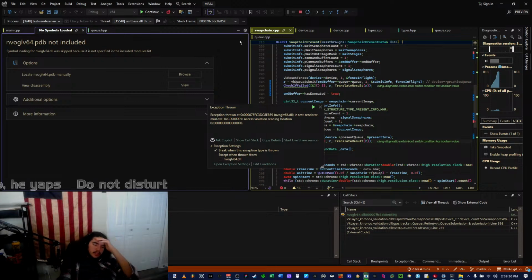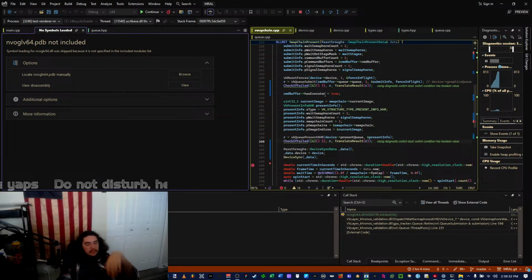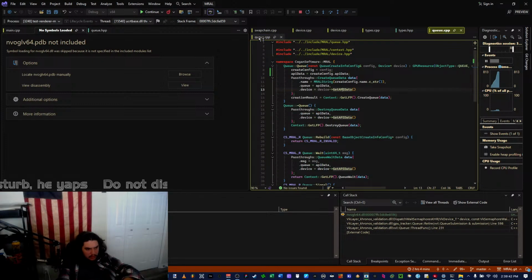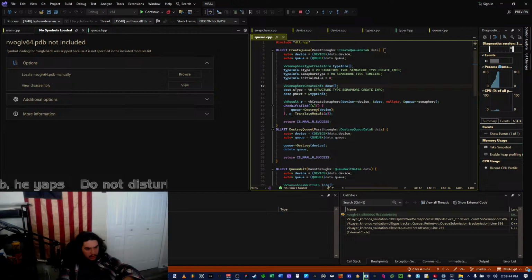I have to change my swap chain setup because the swap chain stuff still uses binary semaphores. So when you set up a queue, tell it to be type timeline.